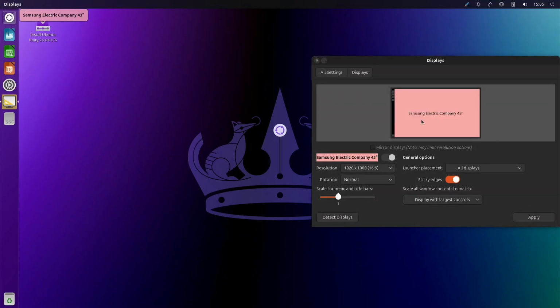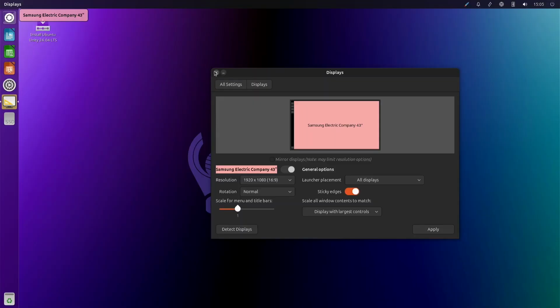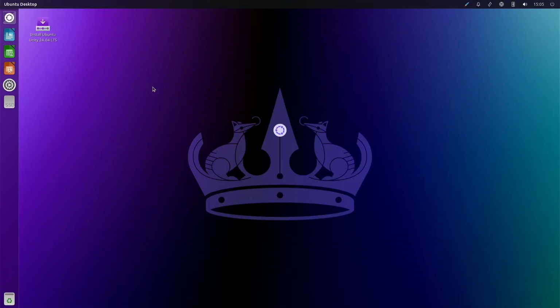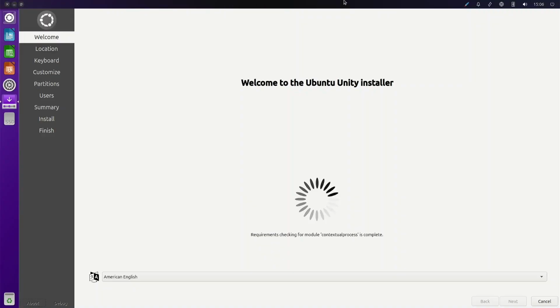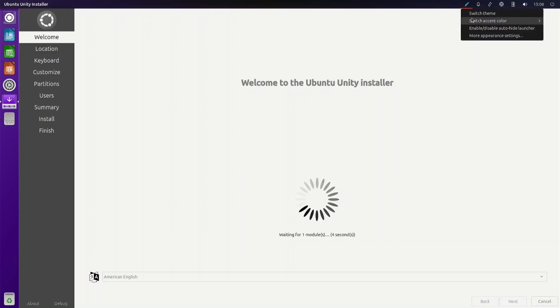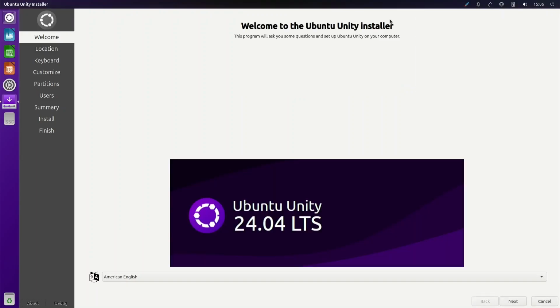And we saw last episode, all the window decorations, close, minimize, maximize buttons are on the left. Oh, looky here. On the left. Okay. Here we go. Install. I'm just going to go right ahead and install. What is this? Oh, okay. A theme switcher. All right, well, we won't play with that right now.